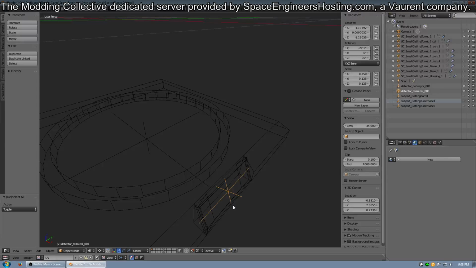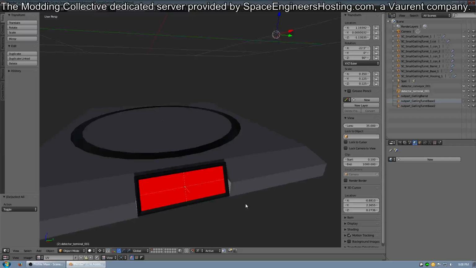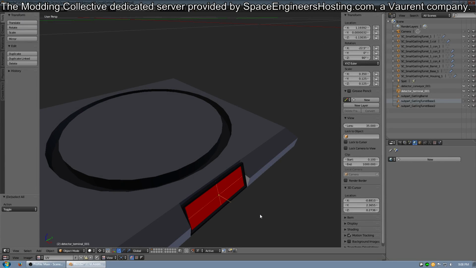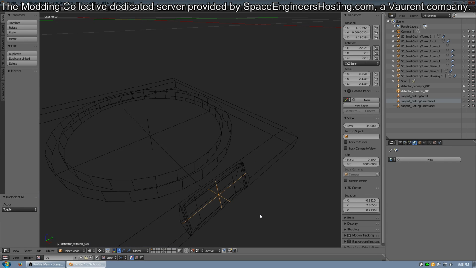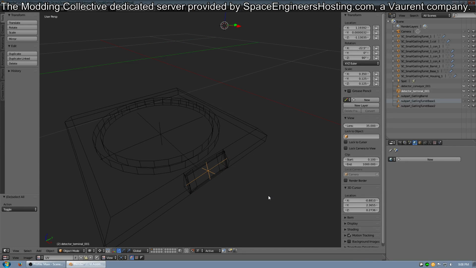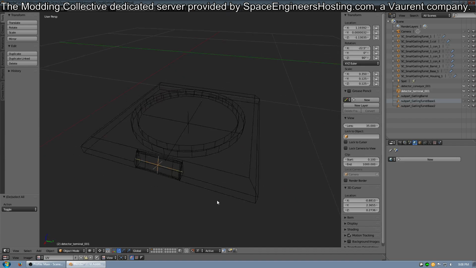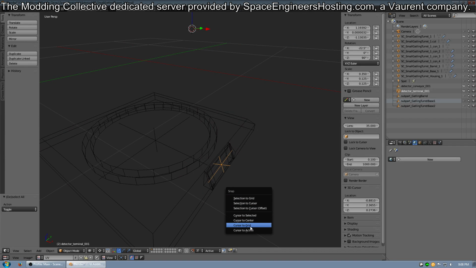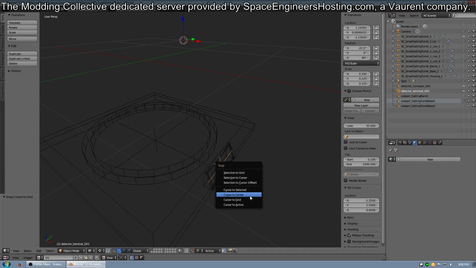So for this example, I'm on my Gatling turret. You would access this terminal, this red part here, on my block, and be able to turn it on and off, for example. The size, scale, and rotation all matter for this empty. As you can see, unlike the thruster tutorial, I do not need to rotate this on the